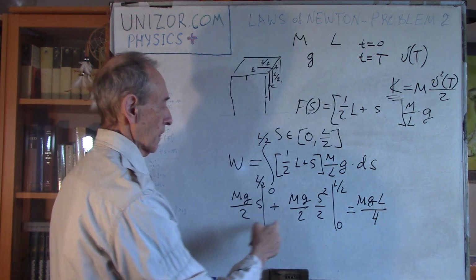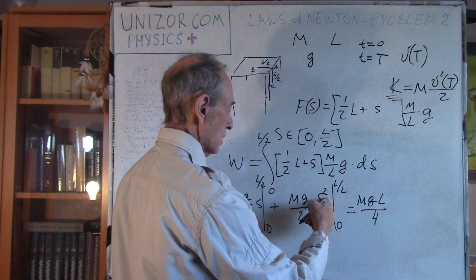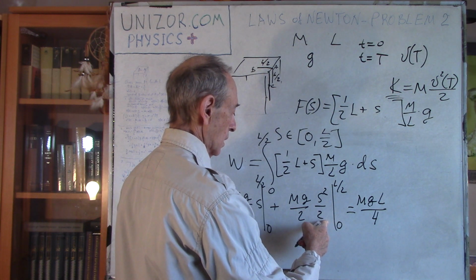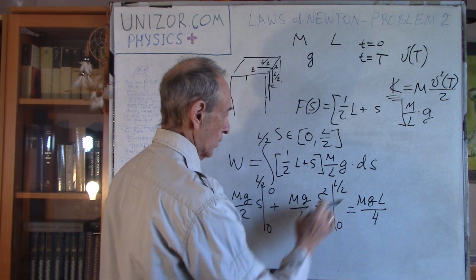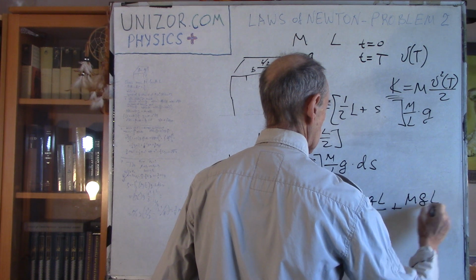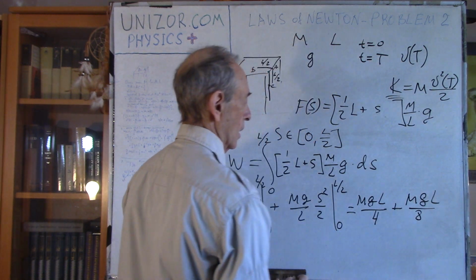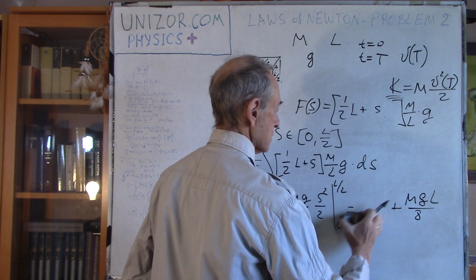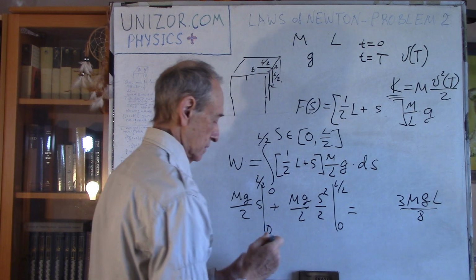And 0 would be 0. Now here would be L squared divided by 4, so it's divided by 4, and 1, this is L, and 1 L will also cancel out, so it will be mgl divided by, so it's 4 and 2 is 8, which is equal to 3/8, right? 1/4 is 2/8 plus 1/8, that's 3/8. So that's my result. So this is the work,